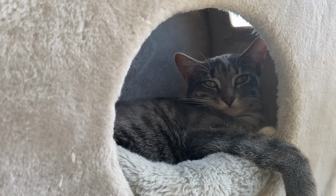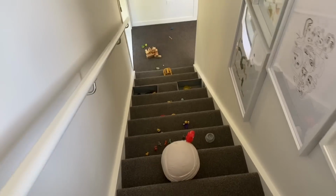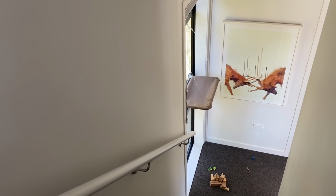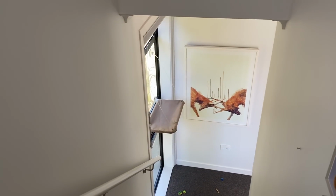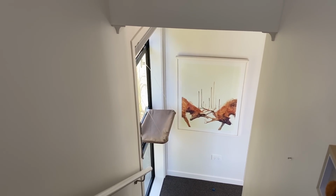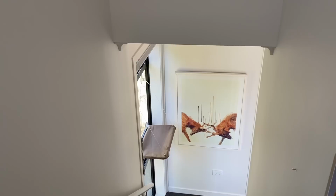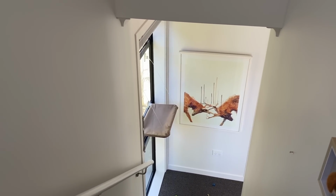Here is a little Luna update. She's a very happy kitty, having a nap. And I thought I would show you something that we got for her that she really loves. Tobias has been playing on the stairs, but down the bottom there is a little bed that attaches to the window with a kind of suction cups. I will leave the link for it attached down below. We got that for her a little while ago and she really loves it, and you can move it to